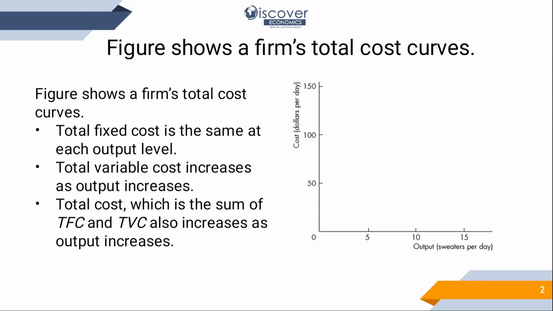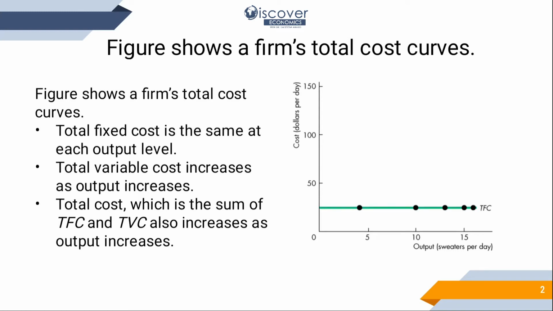Fine. So before making the sweaters, the first thing that we require is the building that will be the area, the location, the building that will be used for the production of sweaters. Then we require machinery that will be used. Then we require the permanent staff or the managers and the technical people that are going to do the production. So before making a single sweater, we need to have these things in hand. So the things that you are supposed to keep in hand are known as the total fixed cost.